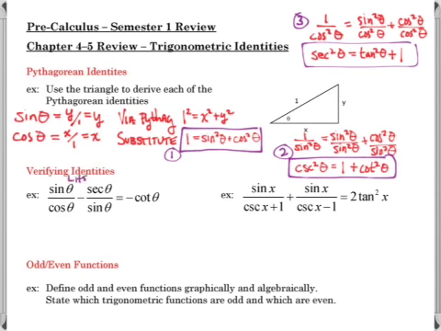So if I'm asked to prove an identity, I have a left-hand side and a right-hand side, and somehow I want to turn one of those sides into the other. And it's always helpful to start with the more complicated side. It might be counterintuitive, but it allows you to perform some operations. So if we take the left-hand side, and I get a common denominator,